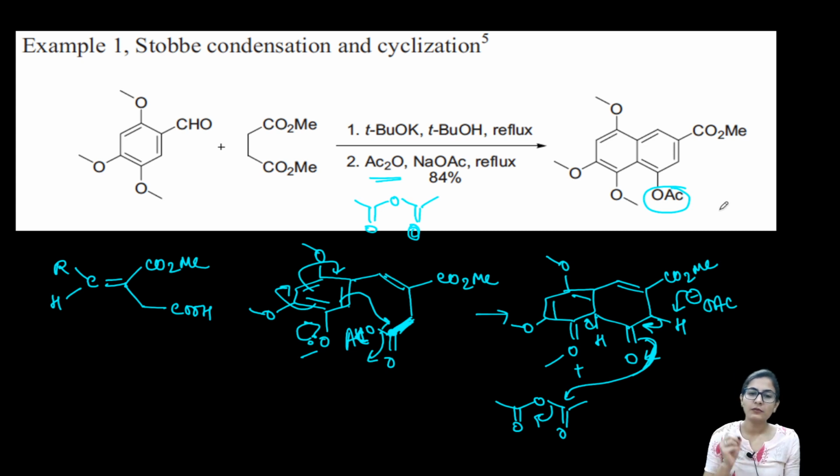So this was a very simple mechanism, just that you have to take care of the 5-membered lactone formation, the lactonization step. And the second one is the cyclization. How are you doing the cyclization? It is assisted by all of these oxygens, which are making the ring very electron rich. Okay, so just consider this as a single bond. Right, and this is how you can write the whole mechanism by yourself. I hope that you will be able to.